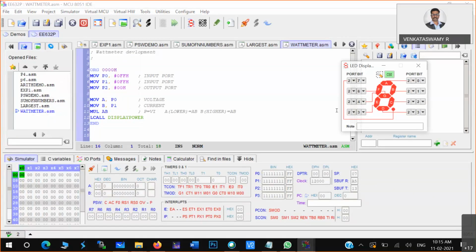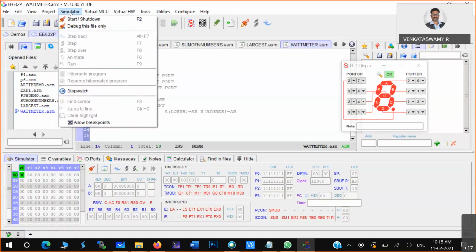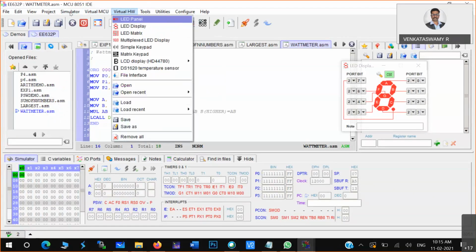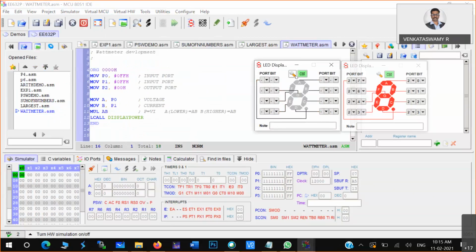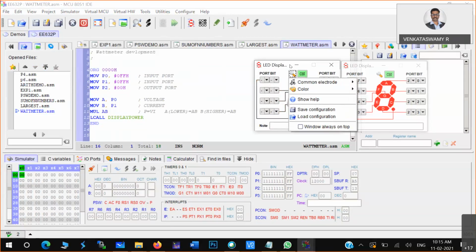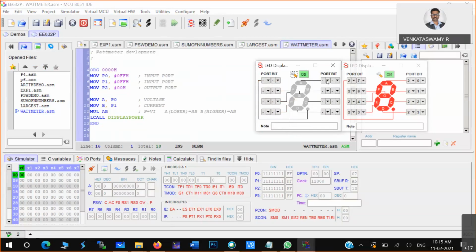So what do we have to do now? We have to display two digits. Last class I enabled only one digit. Now I'll enable two digits and configure this. Which port am I using?